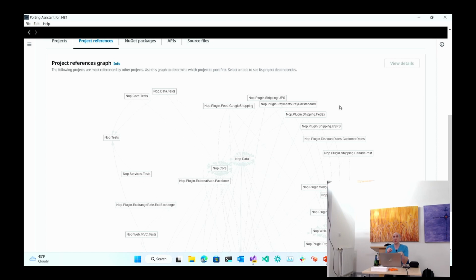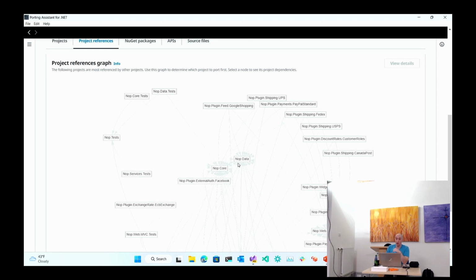Because how many times has somebody asked you, we have a bunch of projects in the solution, how are they all related to each other? And you're like, oh, hold on, let me create a mapping document in Excel and I'll get back to you by the end of the day. Or you can just run this tool and it'll take like 15 seconds.